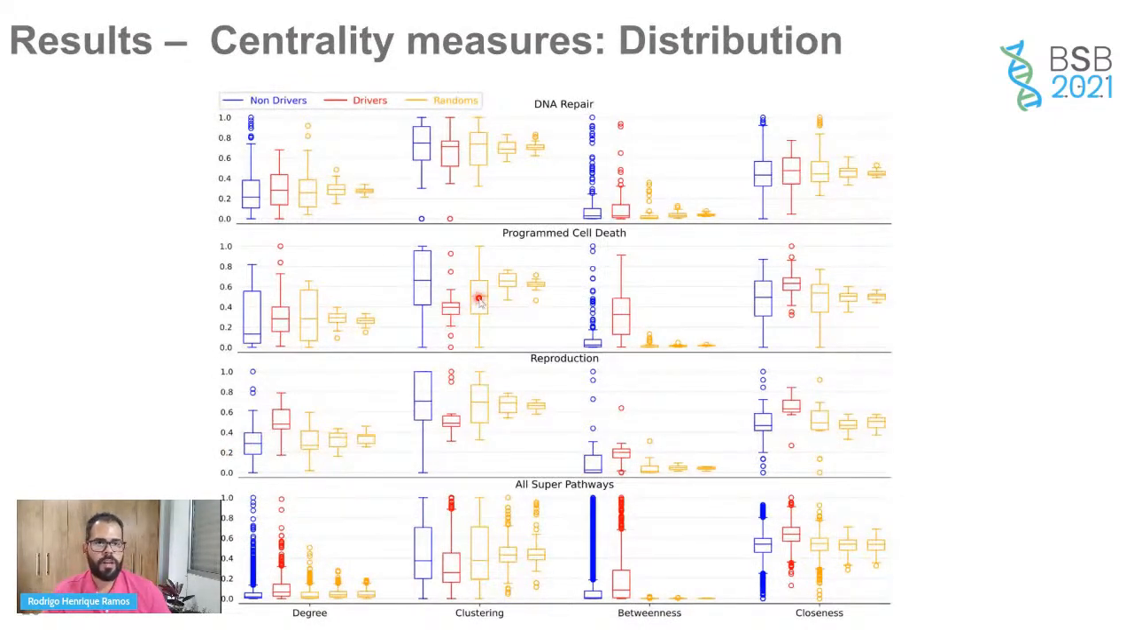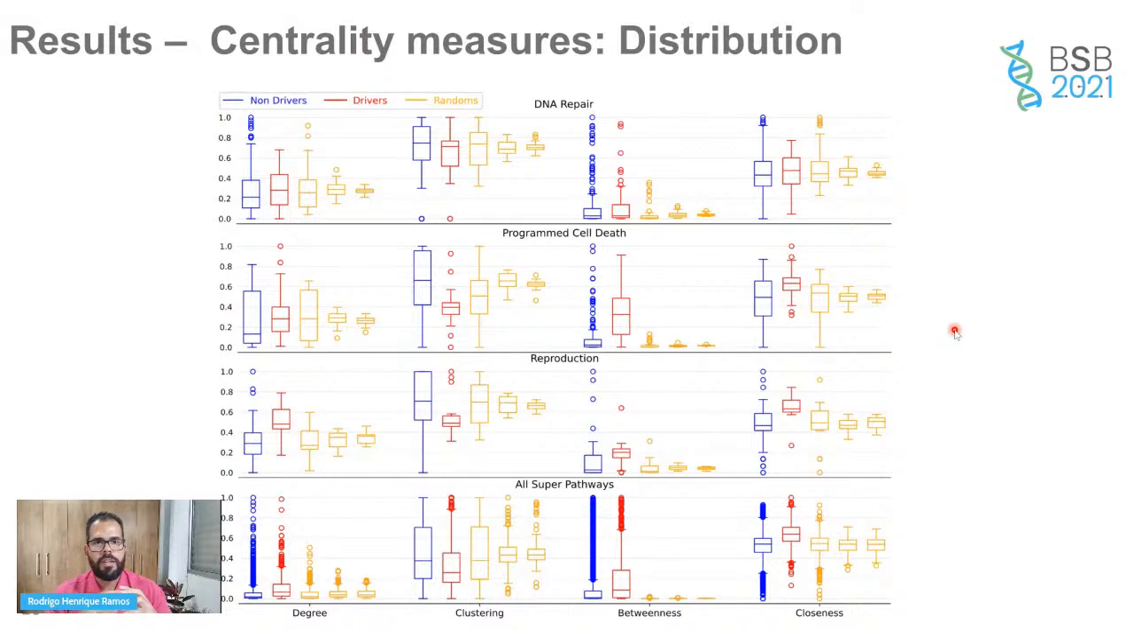Returning to programmed cell death, we see that the clustering is lower, the betweenness is way higher than the no drivers and random sampling, and the closeness is also higher than no drivers and random sampling. Excluding DNA repair, where we did not see a significant difference between drivers, no drivers, and random sampling, all other pathways show some kind of differentiation among the centrality, as we can